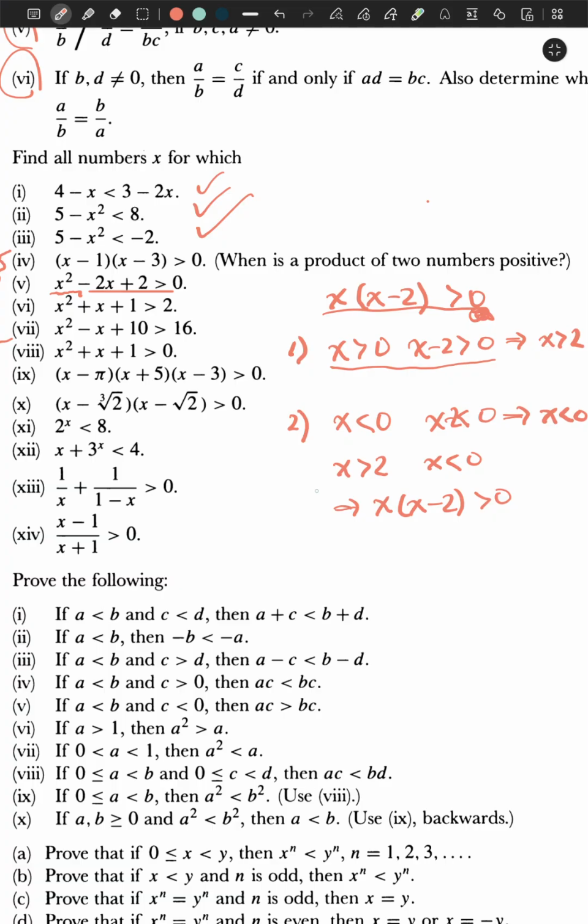So in both of these cases, x times (x minus 2) is greater than 0. So in both of these cases, x times (x minus 2) plus 2 is also greater than 0. But what if